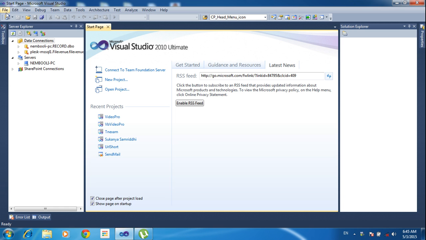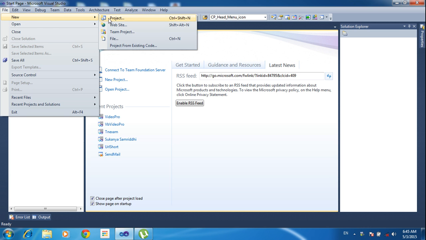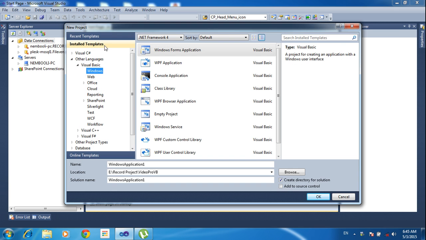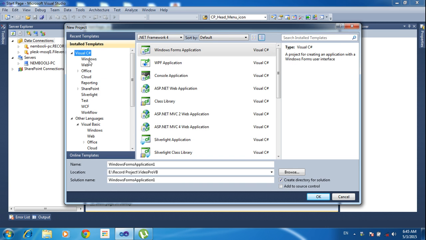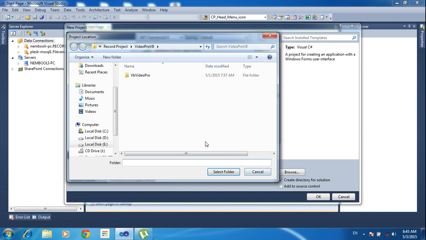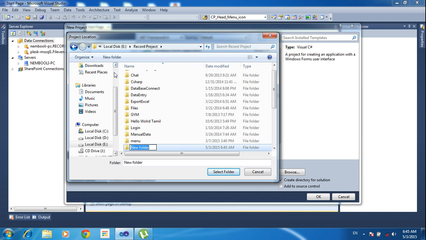First of all, I need to create a new project. Click new project. Inside a project here, I am choosing the language Visual C Sharp and Windows applications. Here I am choosing Windows application form. I need to choose the directory in which we are going to save the project. So I am creating the project name